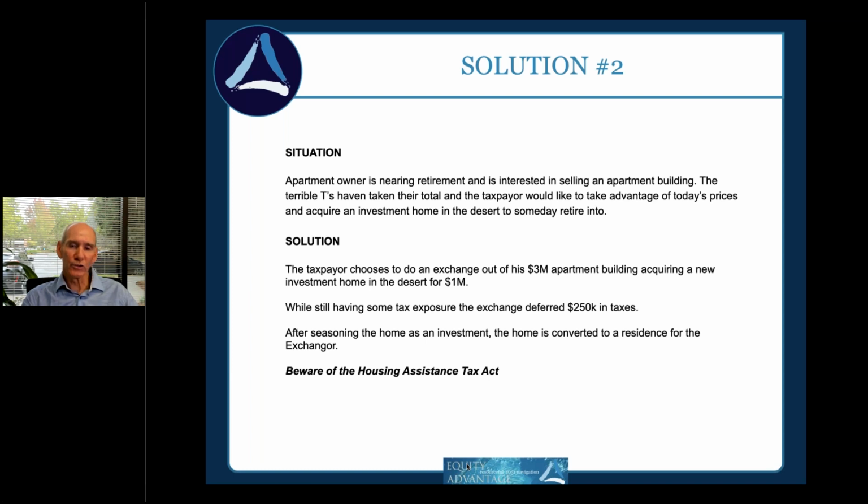And the proration is subject to what's called the Housing Assistance Tax Act of 2008, and that gives you a proration of the 250 and 500 based upon the amount of gain from 2009 to the conversion date. That would be non-qualified use, and the qualified use would be the time you lived in it. So that's something that has been in place since 2008. You're no longer in a situation where you can just exchange into a property, convert it after a year, live in it, dump it, take the exclusion, get rid of all your gain. That does no longer work.